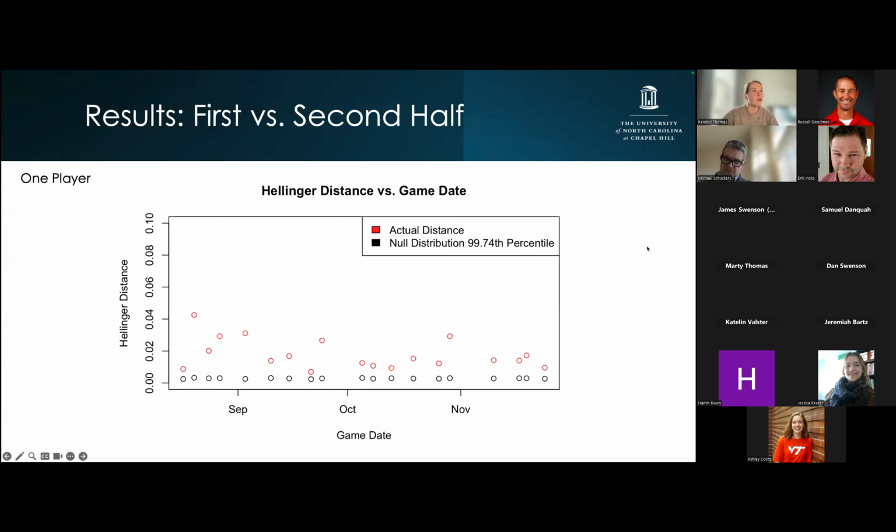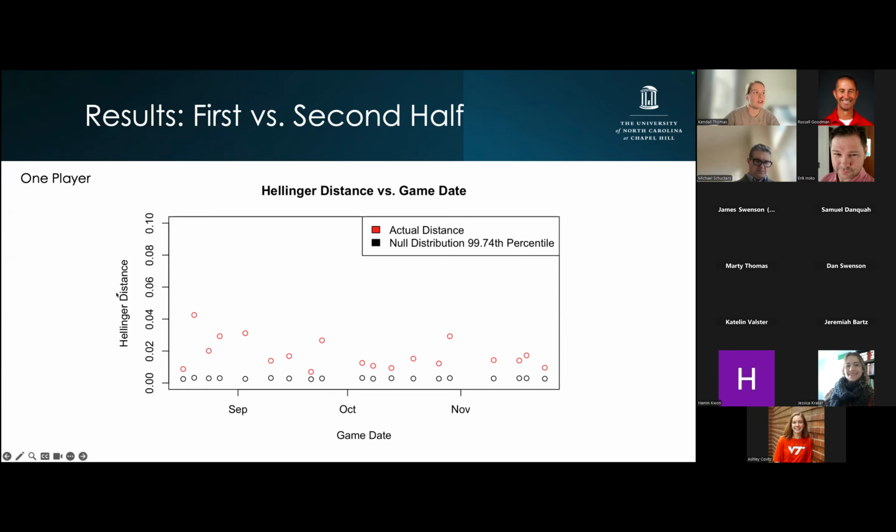So if we use the Hellinger distance, which is basically similar to an L2 distance but with a coefficient in the front, we can actually see a statistically significant difference between the distribution of movements for the first half and the second half for each game for each player. This is just for one player, but you'll see we can do a simulation based off of the probability of being in a certain triangle from their actual game and the amount of time they played, to see where we would get a null distribution using a Bonferroni correction. And then we can also see where the actual distance was between their first and their second half.